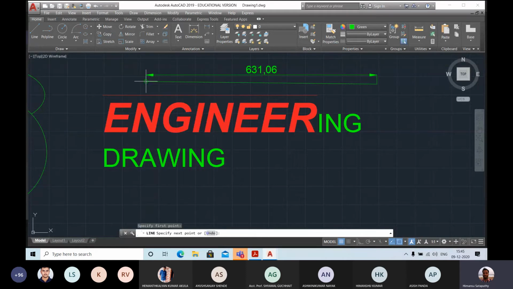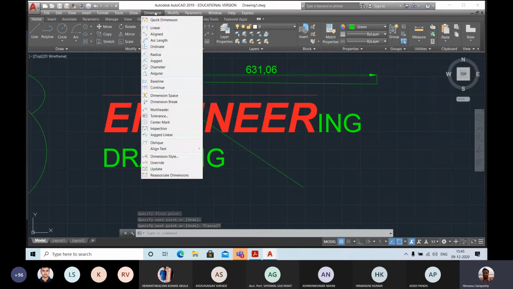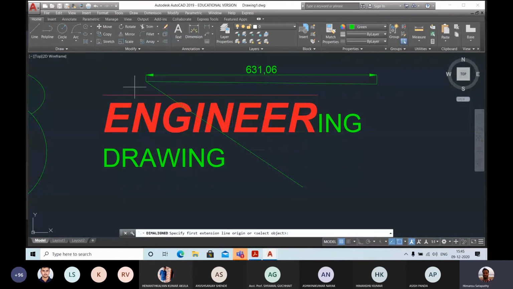If I want to measure an angle, I can use this angle measure. You can see I just drew a line inclined to this line first. If I want to measure this inclined line, I have to go for the dimension aligned. Here I can select this one. Here you can notice one thing, this green box is helpful for us. For this you need the F3 option. If your F3 is off, you cannot find this